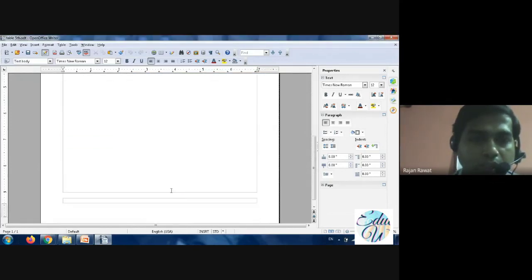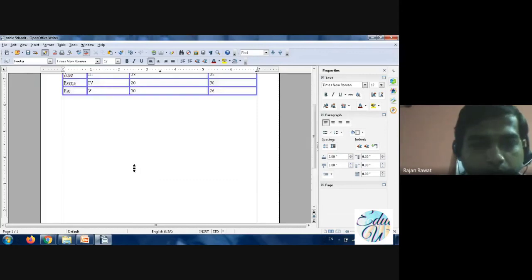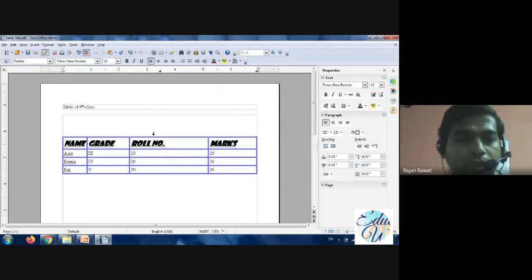You can see at the end a footer is created, a separate line. So you can give page number 1.